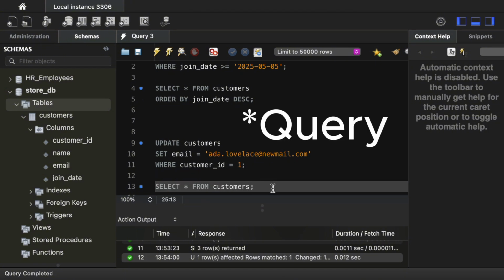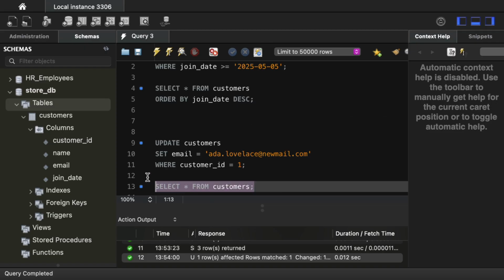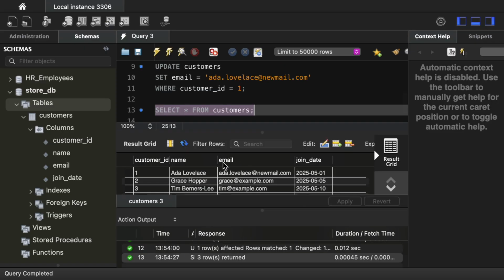Let's run the function and see our record if it has been updated. As you can see, the email address has been changed from Ada at email.com to